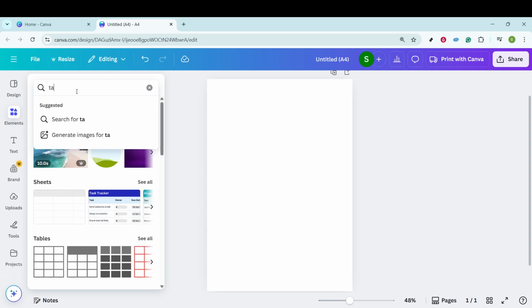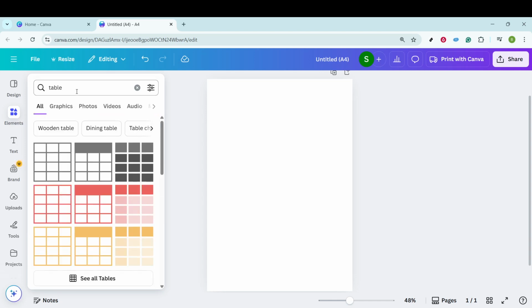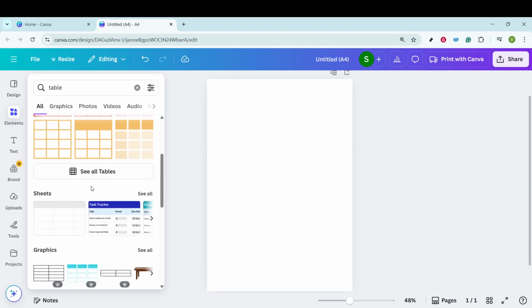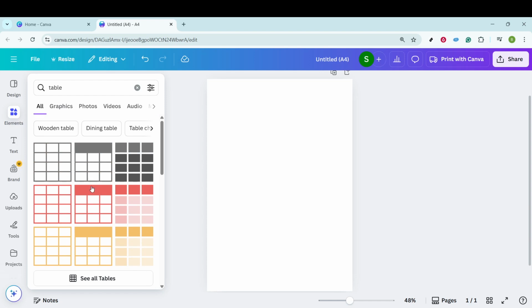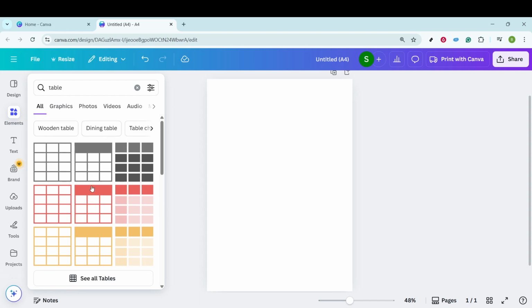By doing this, you effectively filter out the other features, narrowing your search down to elements specifically designed for creating tables. Canva offers a variety of pre-made table templates and designs, which makes it incredibly convenient to find something that fits your aesthetic and needs. After typing in table, you'll notice multiple options pop up, displaying an array of styles and configurations. Take a moment to browse through these templates and find one that aligns perfectly with the look you're going for